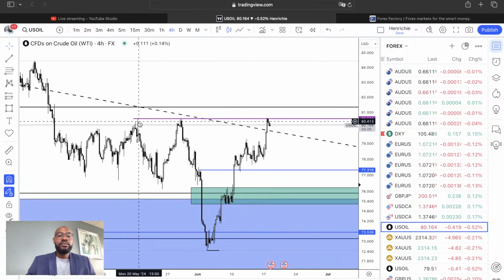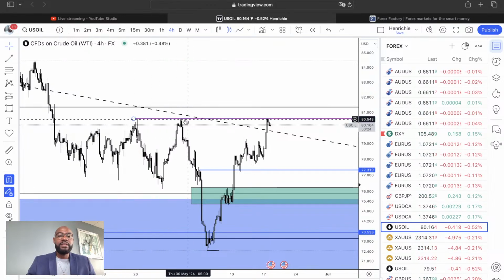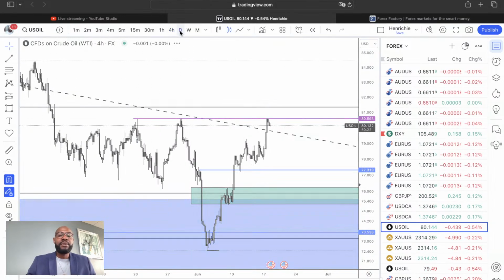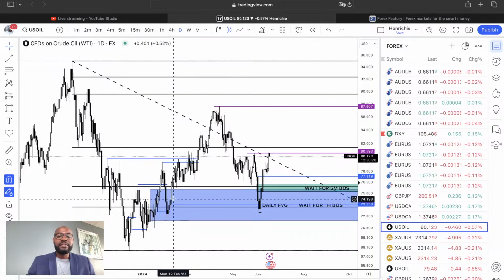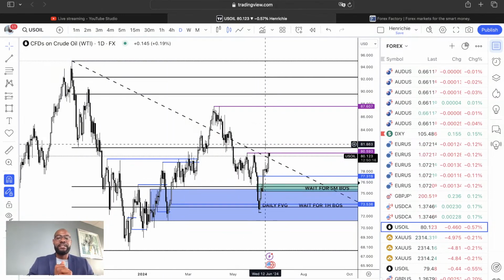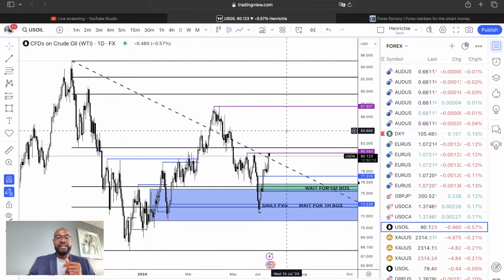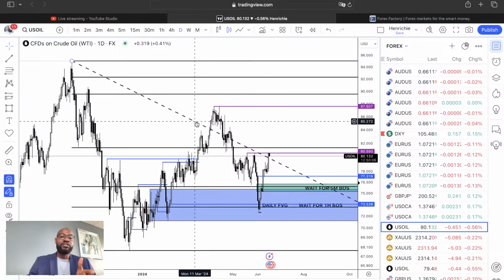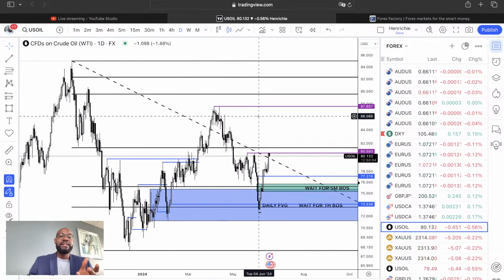And if we take a look at US oil, as you can see, low resistance liquidity, relative equal highs. After price mitigated our key level resting right here, then we saw an expansion. One thing to take note of is the good thing about this analysis: if you're someone who is very busy and you don't have time to be pressing the button, taking trades here and there, this is actually one way to use this analysis to your